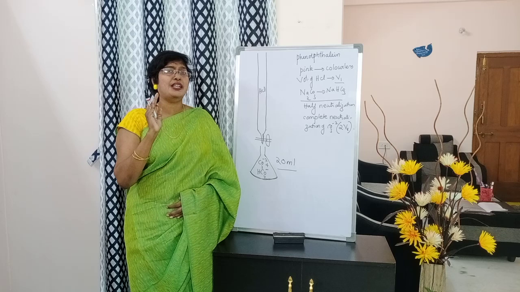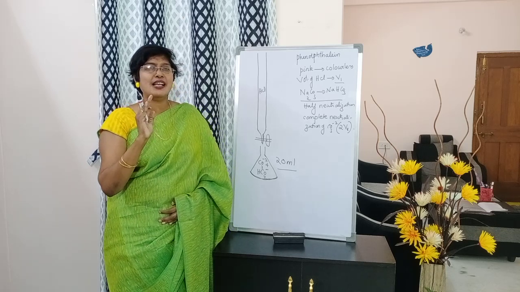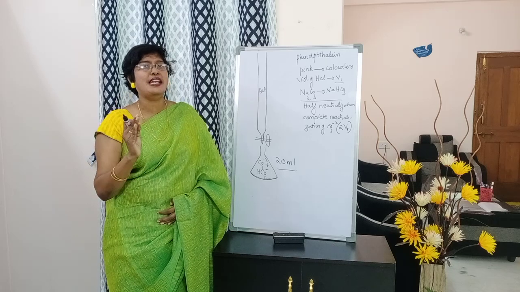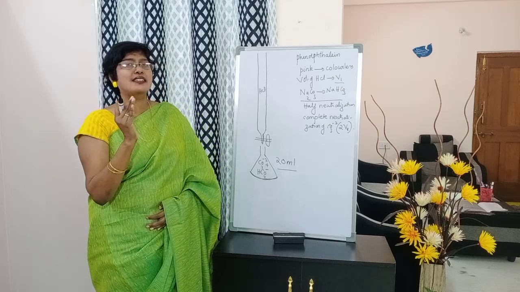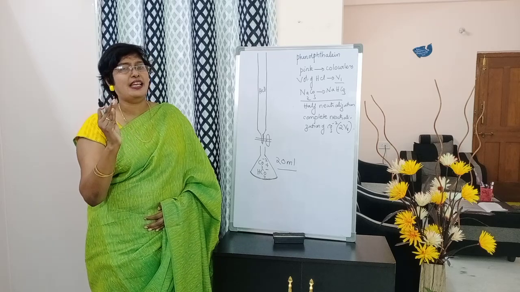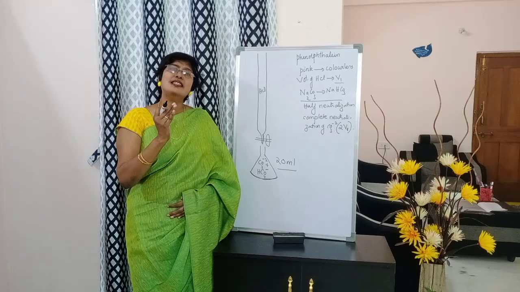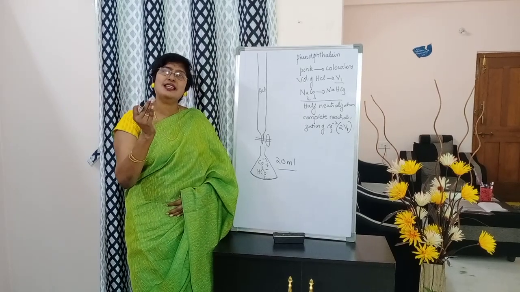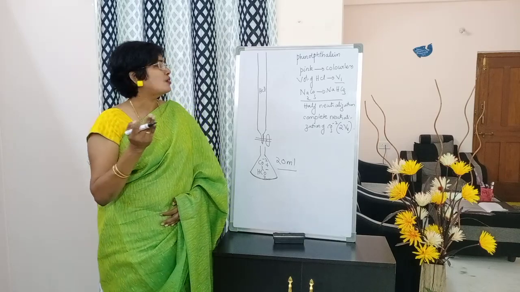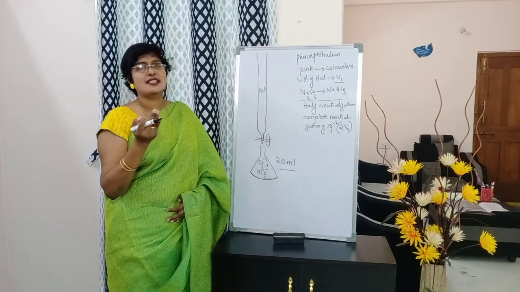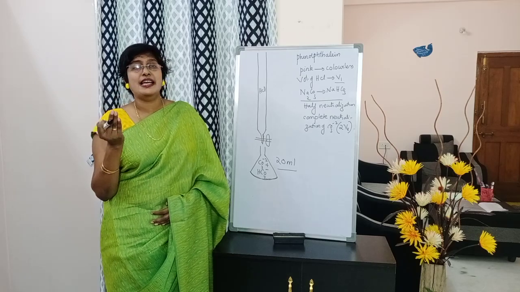If it is completely neutralized, what does that mean? Completely neutralized means it should be converted into NaCl. Okay. So half of Na2CO3 is converted into NaHCO3. How will we know that Na2CO3 is half neutralized to NaHCO3? That is why we use the indicator. So this pink to colorless tells us Na2CO3 is half neutralized to NaHCO3.